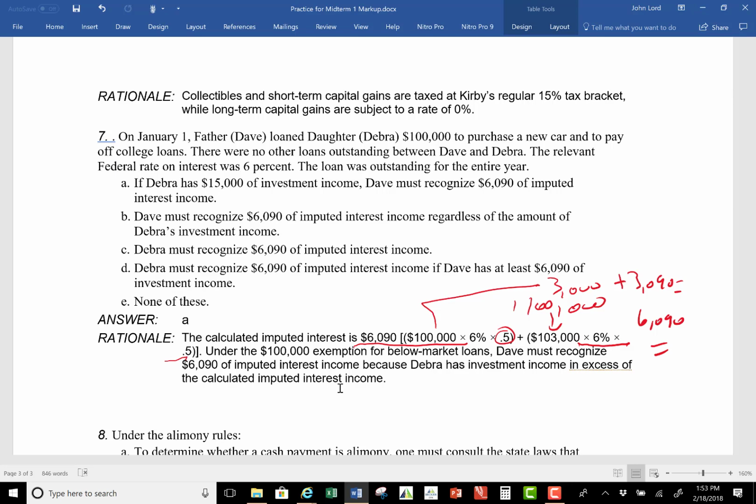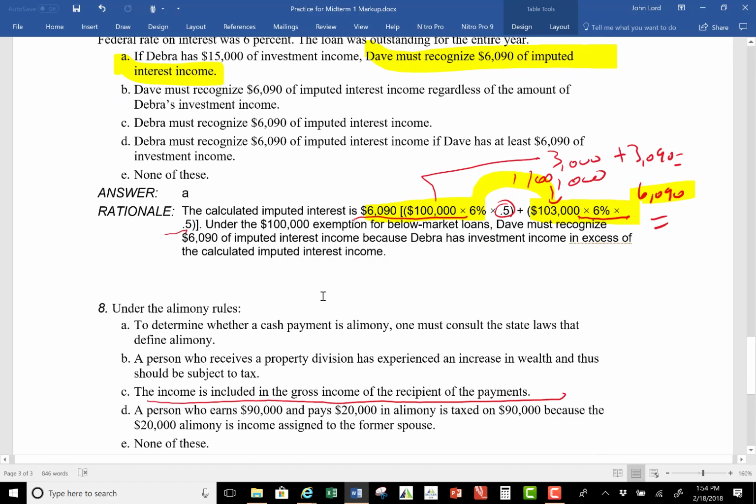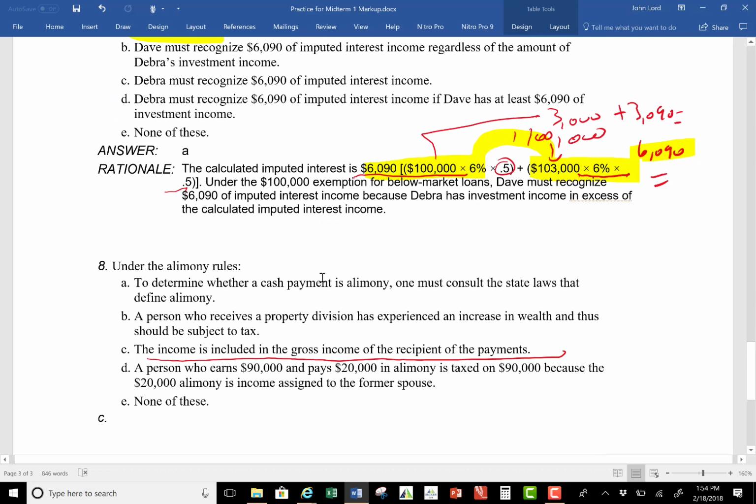So we go ahead and pick up the 100,000. It's 6% for half the year, and then another 6% for the back end of the year, and you calculate it semi-annually like that, and that gives you this 6,090, which ended up being the answer to this question. And remember, guys, it's always the lender that has to impute the interest income. The idea being that they're probably trying to push that interest down to the lower taxpayer to avoid them paying the tax. So we have to impute the interest.